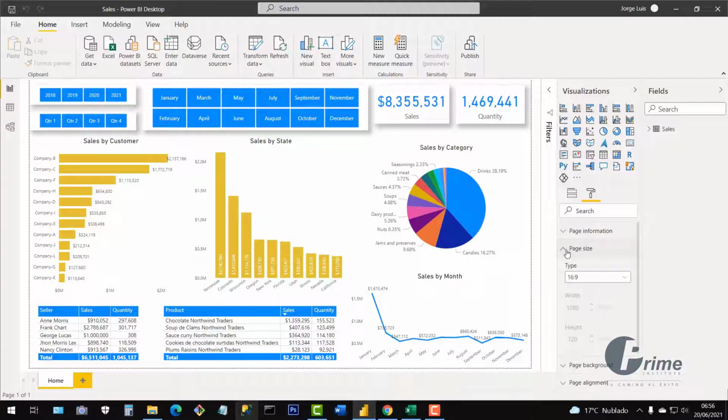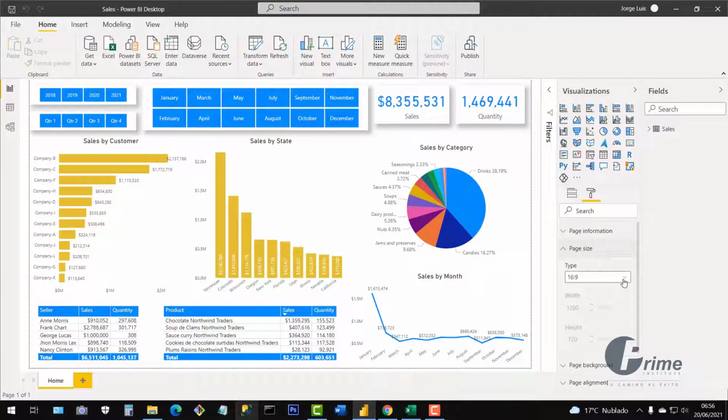And go in here. And then here's the size by default. This 16:9 is the default size. Leave it like this, because when you are going to project it, this is the ideal size to view it better. But if you would like to work with a bigger size, so it won't leave your working area,